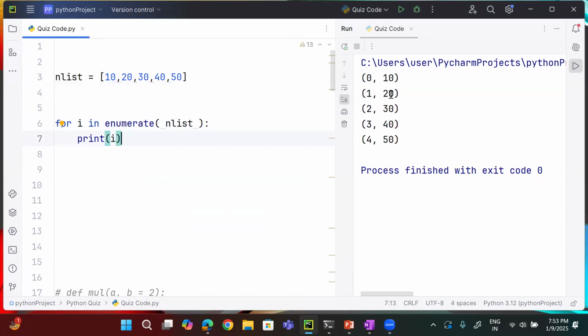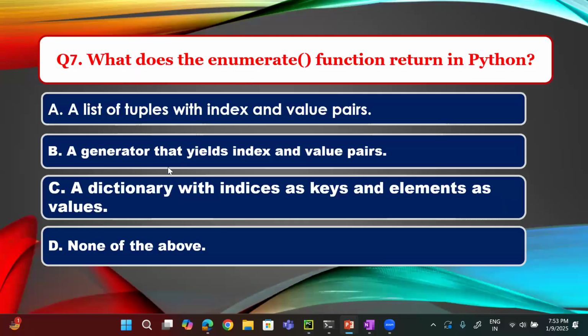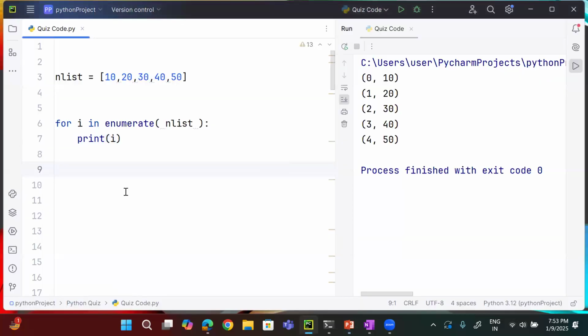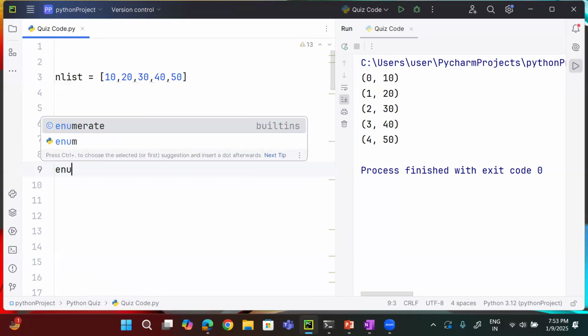10 is at 0 index, 20 is at 1 index, 30 is at, and 40 is something like this. Now, why I am saying that it is also correct, the second one, the B one, is also correct over here. Why I'm saying is, see, if I give it enumerate